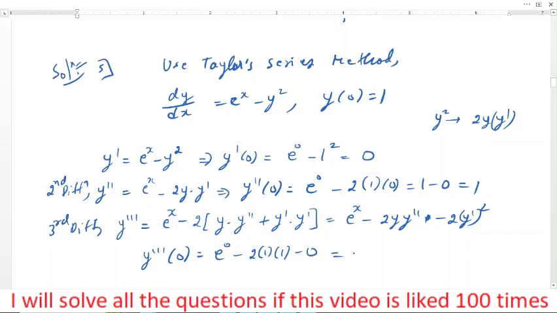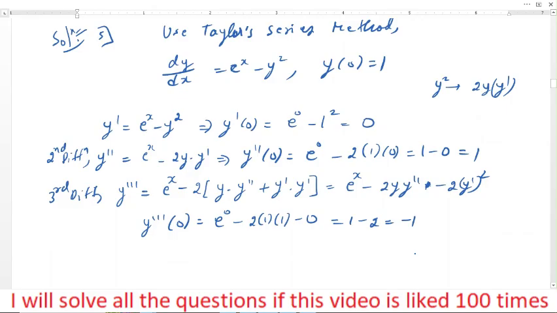So therefore this is again, please remember, this is 1 minus 2, which is equal to minus 1. Okay, no problem. We'll go to the fourth differentiation, students. Differentiate 4 times, so it will be e raised to x, differentiation is e raised to x minus, now again we'll differentiate this 1 by 1, 2 remains outside as it is, differentiation, or this is again we use u into v rule, this is u,